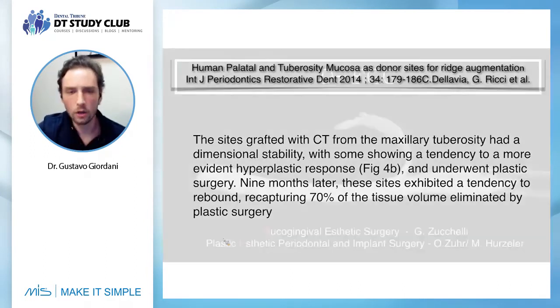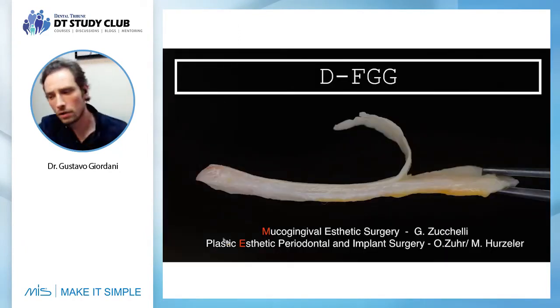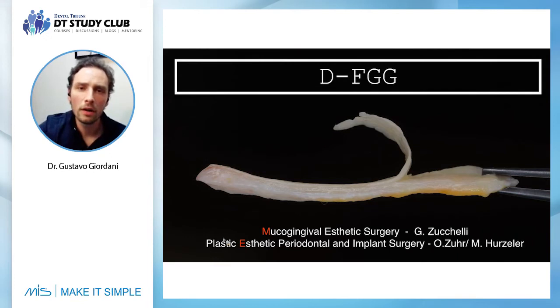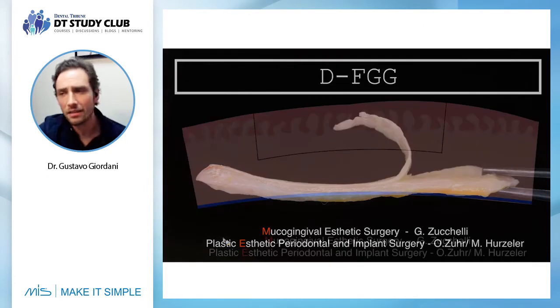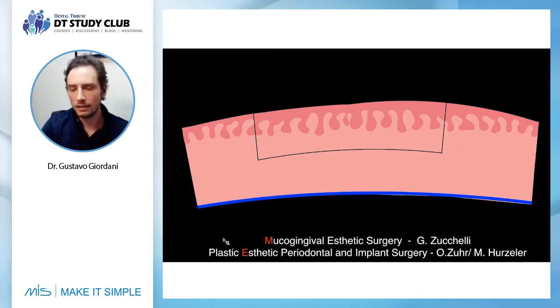So in order to prevent a bad quality of tissue, or in order to prevent a hyperplasic response, we are now using more and more the free gingival graft technique, and we remove the epithelium, which is the depithelialized free gingival graft described by Zucchelli. This is a very good technique because we remove the superficial part of the palate, we remove the lamina propria and also the epithelium. And when you remove the epithelium outside of the mouth or inside the mouth with burrs, you're gonna have the best quality of